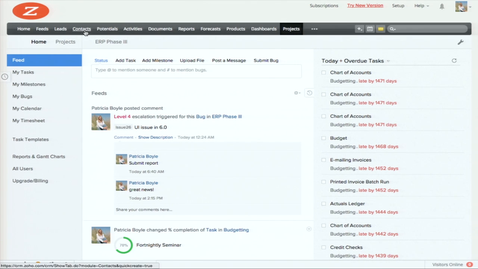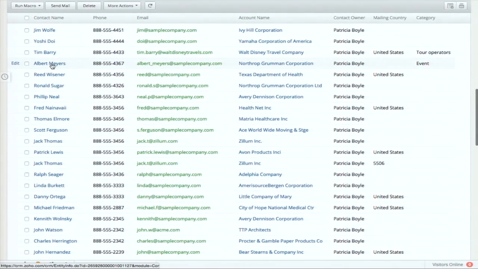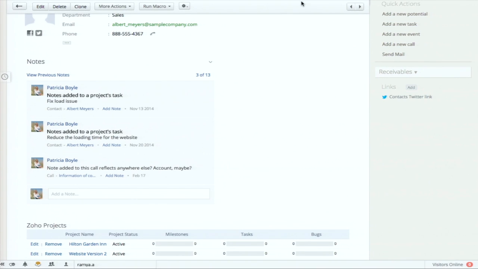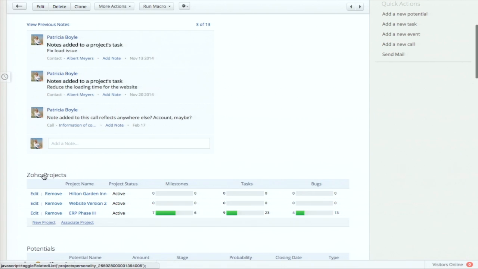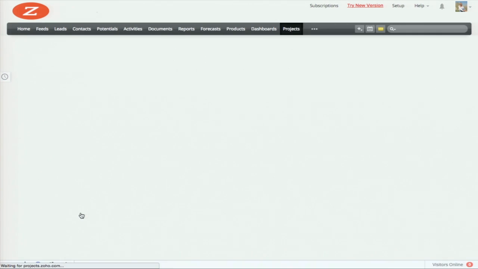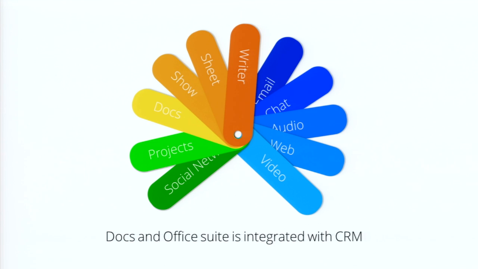So what am I talking about? Let's go to a contact. Let's pick a contact here and see what projects we are working on for this customer or contact. So go there, you'll see Zoho Projects integrated right there, and you'll notice the milestones, the task progress, and other things that are related to that particular customer. You can, of course, click on that, and that will take you to the projects module to see additional details. So, a neat integration between project management and, of course, the CRM system, right?